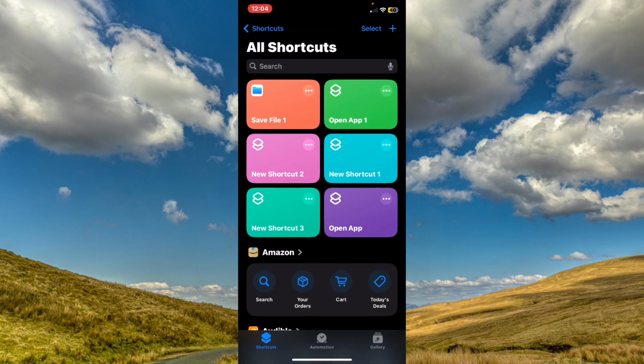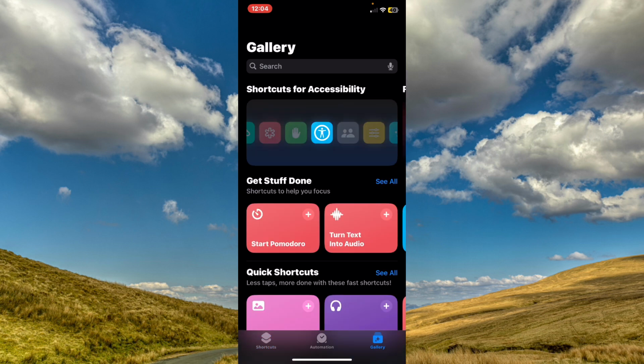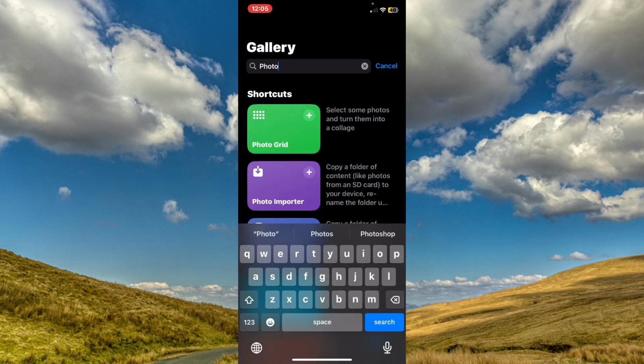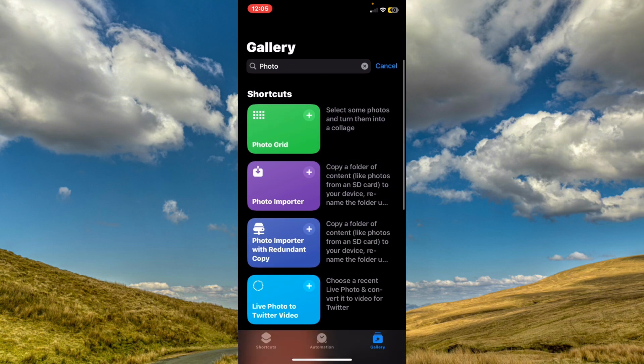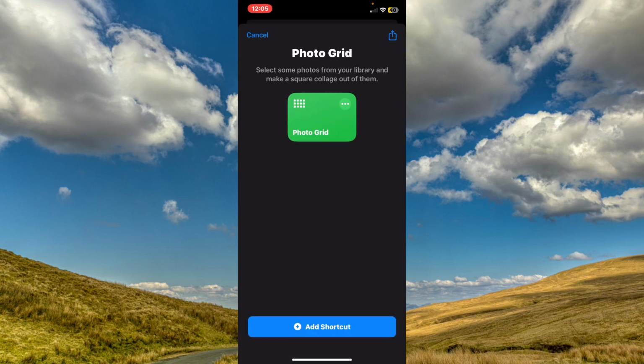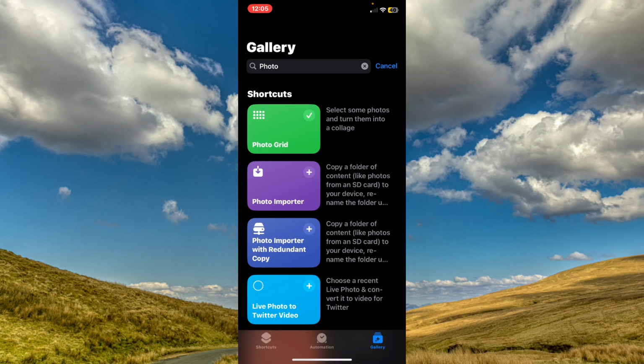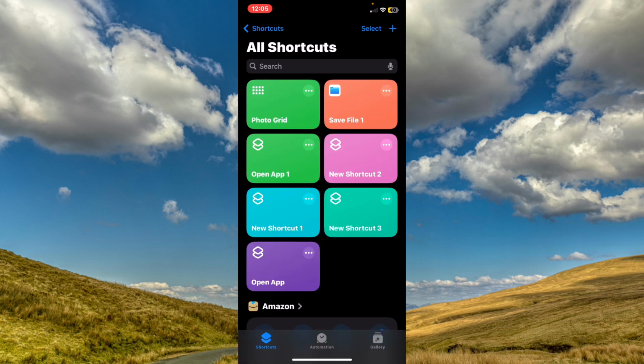And after that, tap on the first option, which is the Gallery option in the bottom right corner. And from here you need to search for "only photo", and click on the first shortcut, which is Photo Grid. And from here tap on Add Shortcut, and click on the Shortcuts option from here, and you will find it, the first one. Click on it,